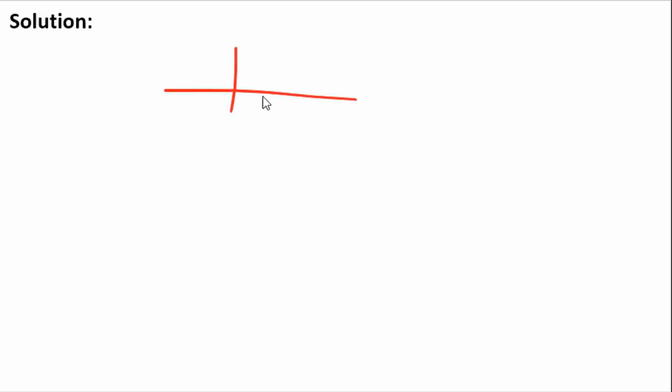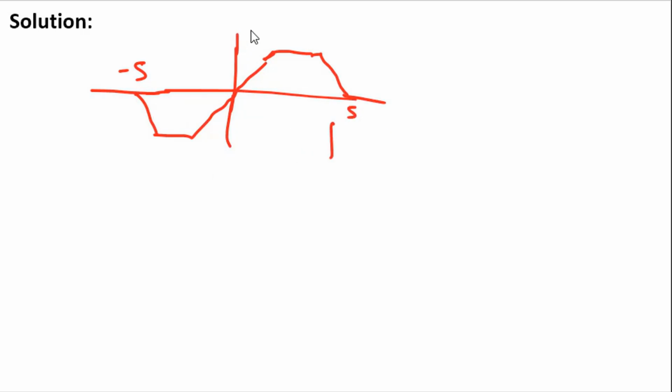You are given a graph which is from -5 to +5, and you need to integrate this graph. This is your f of x that is given. So when you integrate this,